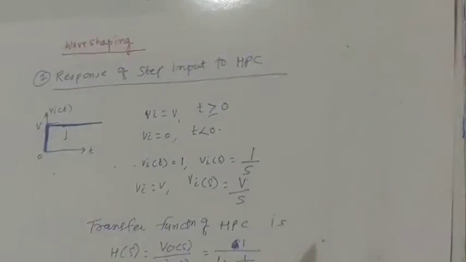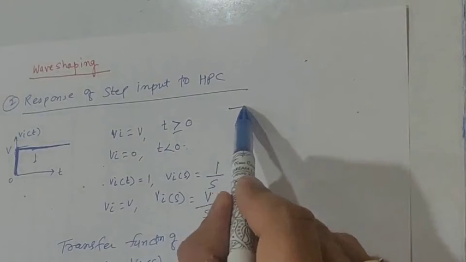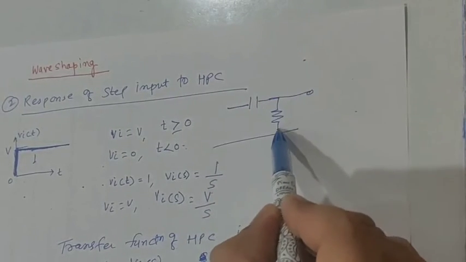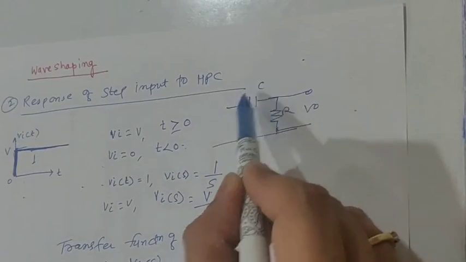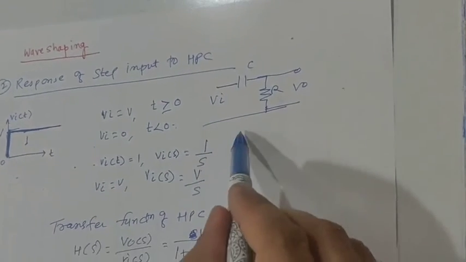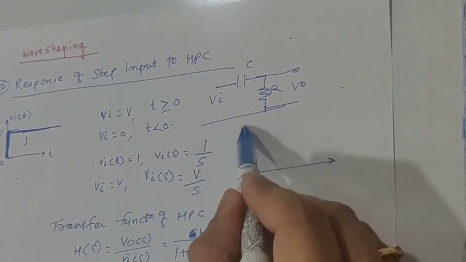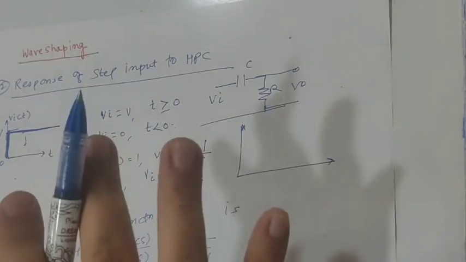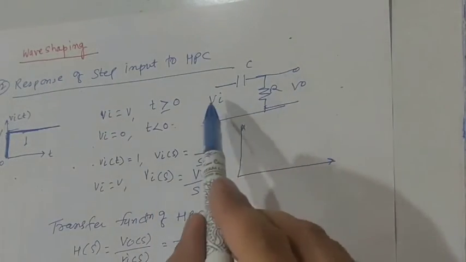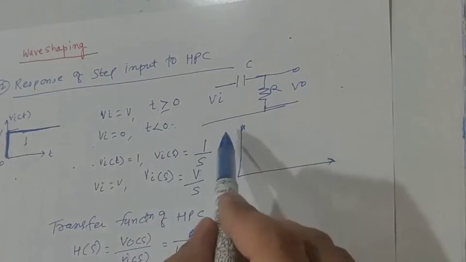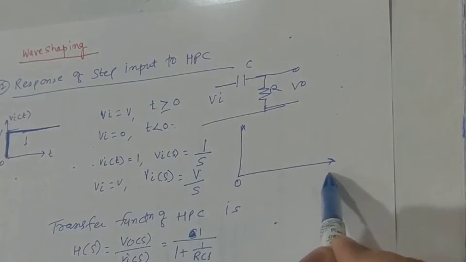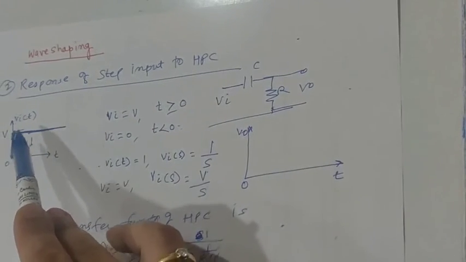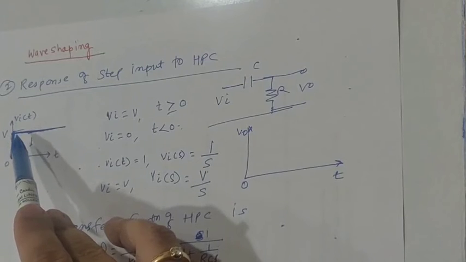Okay, mathematically it is okay, but how to understand this by concept? See this, the circuit to which we have applied this particular waveform is a high pass circuit like this: V0, R, C and Vi. Now if I want to sketch the output waveform, you have applied the input waveform, and I am going to sketch the output waveform without thinking of the mathematical terms. Let us think logically. You applied the input at, let us say, t is equal to 0. Now when t is equal to 0, what is your input waveform? The input waveform value is V. Remember this.